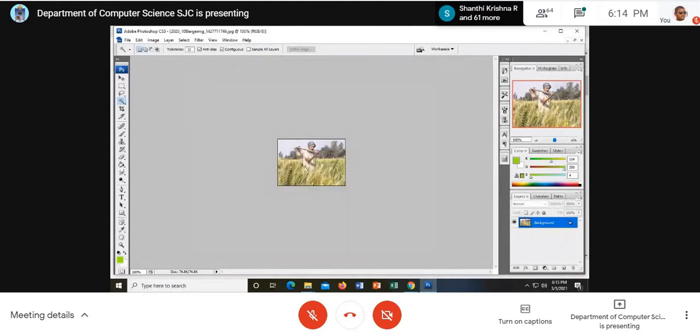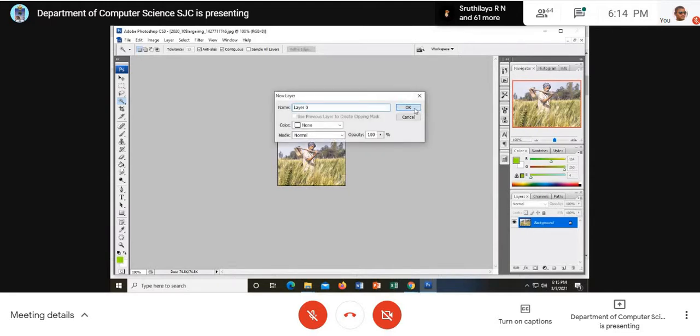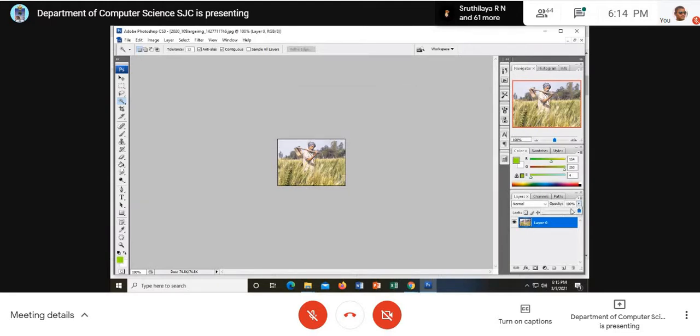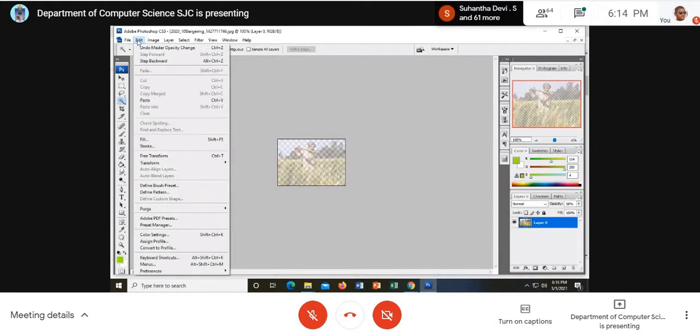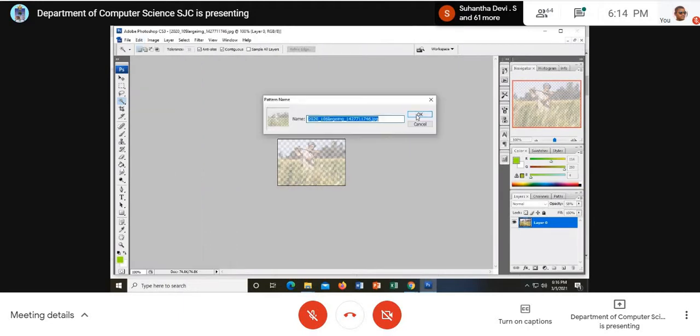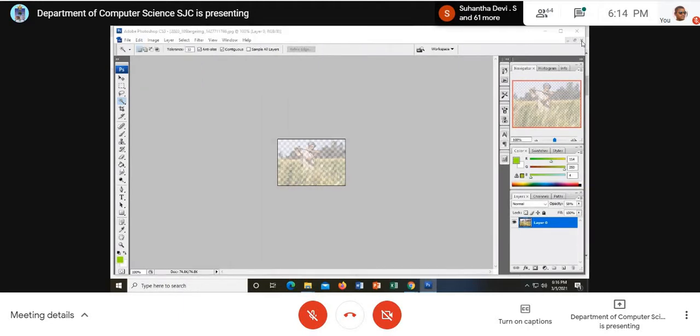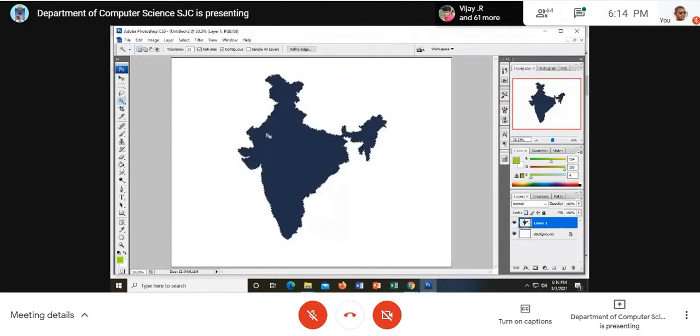See, small size. Now, can I reduce the opacity also so that it fits into the background? How should I reduce the opacity? Enable this background and reduce the opacity. See, am I clear? I have reduced the opacity. Go to Edit, Define Pattern. I have defined the pattern. Press OK, close it, and go back to the file here.